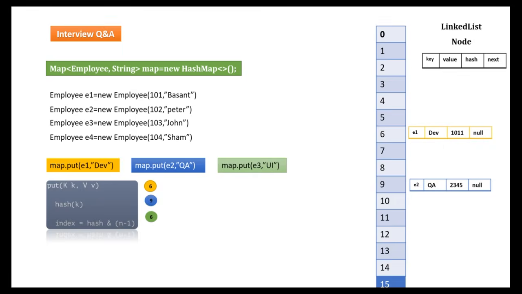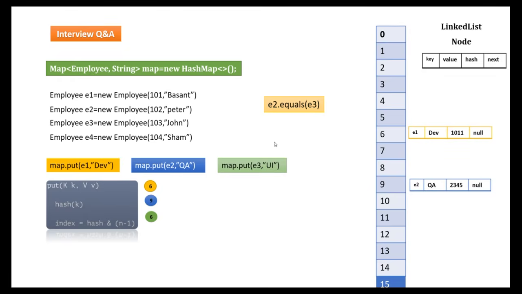So in that hashing collision, my map will not directly add this entry to the bucket number evaluated by the index, which is 6. Since both have the same hash, they are placed in the same bucket, so immediately the map goes and checks the equals method to check whether both are different or the same content-wise. So it will go and check e2.equals(e3). Sorry, this should be e1, because e1 is already there in the bucket, right? e1.equals(e3).